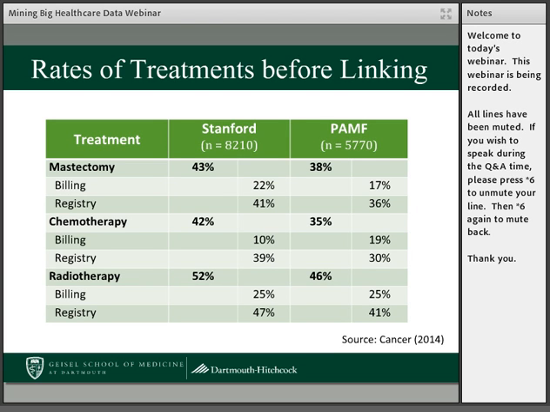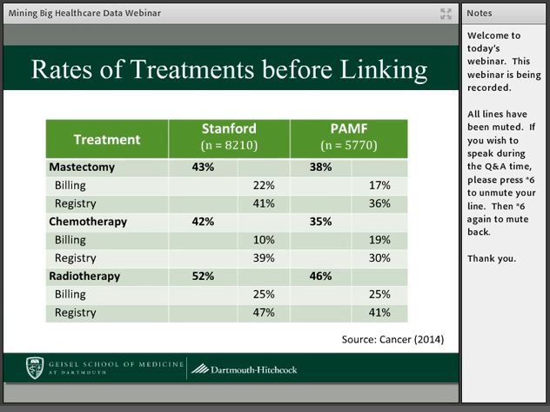And you'll see that it's higher with the chemotherapy. Only 10% of the chemotherapy was captured in billing versus 40% within the registry. And the same pattern exists at the other institution as well. So this is not an institution-specific challenge with the data. At both institutions, the billing information, the encounter information, surprisingly does not capture the clinical activity, whereas a registrar who is manually going through this information is more able to find it.